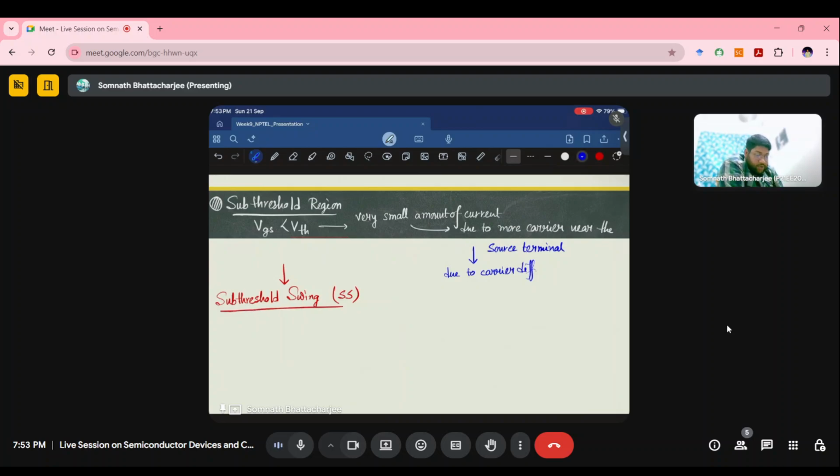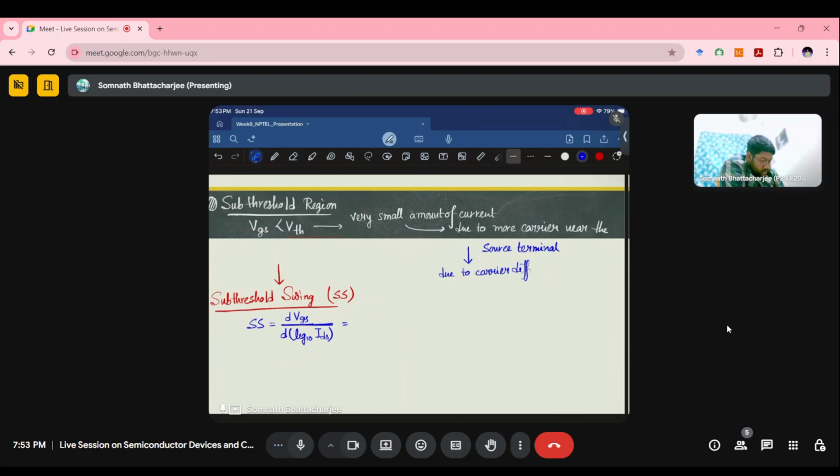So how to calculate this subthreshold swing? It is nothing but the change in VGS. So how much the VGS changes with respect to a decade change in the current. So it can be directly calculated from the transfer characteristics as well, or we can write it as ln of 10 dVGS by d psi s by d of ln of IDS, or we can write it as ln of 10 kT by Q, that is